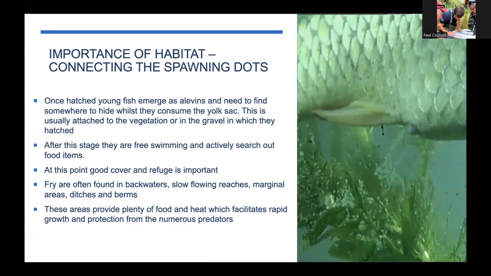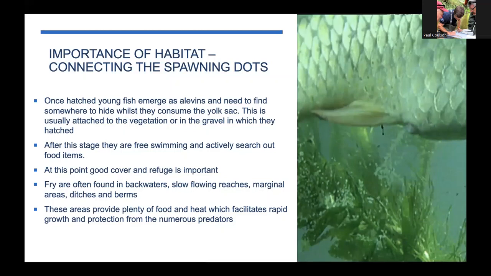So looking at how we put these points together and connect the dots, particularly where spawning is concerned. We want to try and develop self-sustaining populations of fish within our waters. If we can minimize the risk of bringing in fish from elsewhere, from fish farms or cropping wells, whatever it might be, we minimize that risk of disease. So if we can get the habitat right within our fisheries, we've got the right fish at the right age and the right numbers of each, where we can bring on our own.